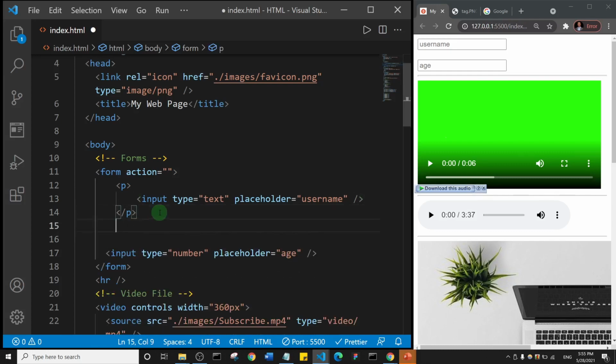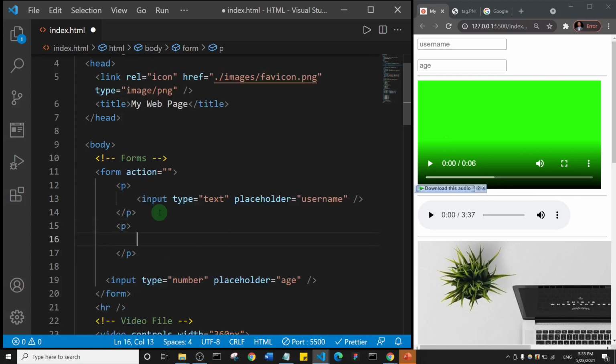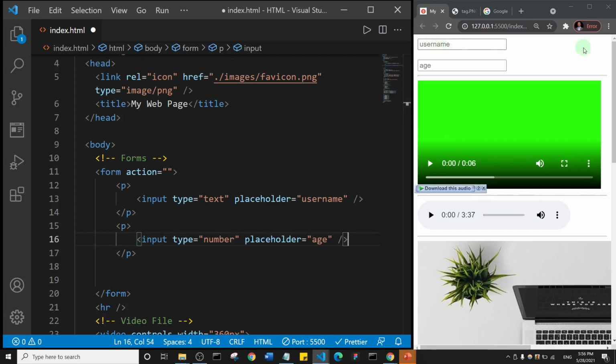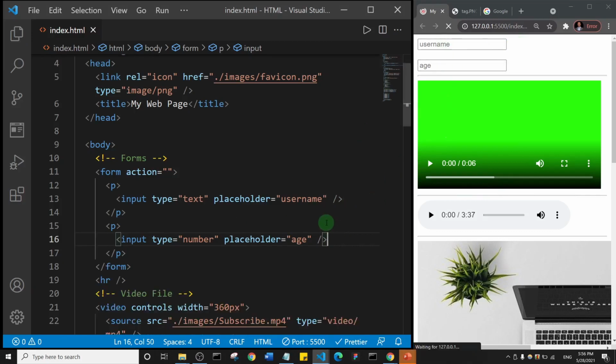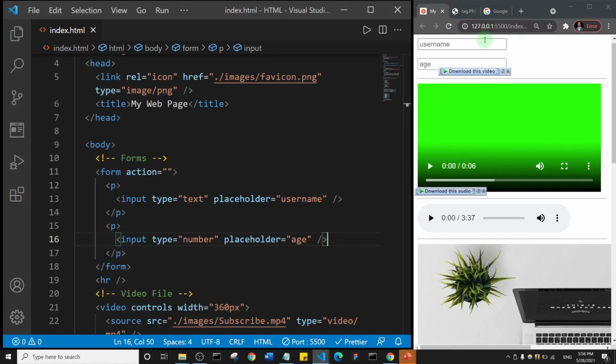So what I can do is I can create another paragraph tag and put the second input here. And before the end of this video, we'll see why some tags occupy the full width of their container, and some do not. Okay, so let me save that, and you see we still have them on different lines,